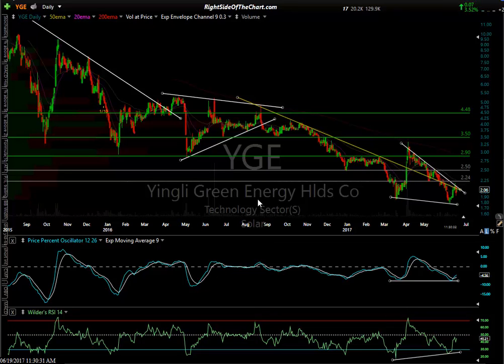YGE, I like this one. We traded it before. Well, can't remember if it was an official or unofficial trade idea. Again, there's so many of these I can't possibly track them all as official trade ideas. But here's YGE. There was this yellow downtrend line. We broke above it, had a nice rip, hit that first target there, fell a little shy of that next